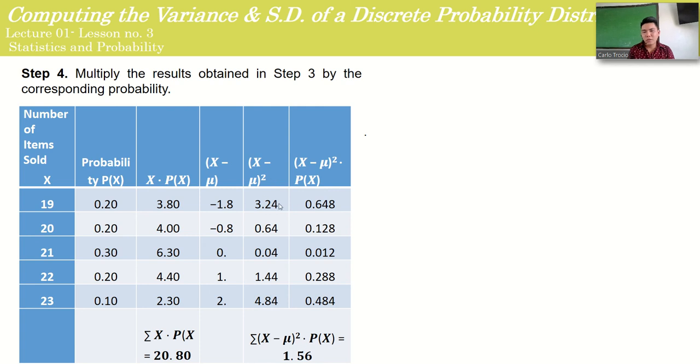So 3.24 times again the probability, which is 0.20. So just try to remember the notations here so that you will be guided. So you are done solving for this one. You're just going to multiply it by p of x. So 3.24 times 0.20, that is